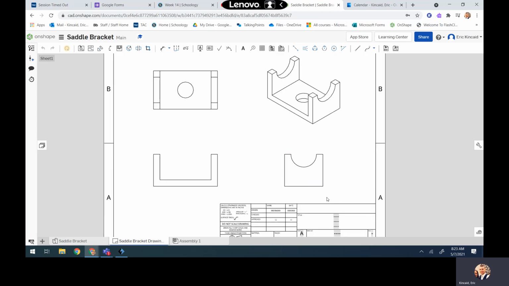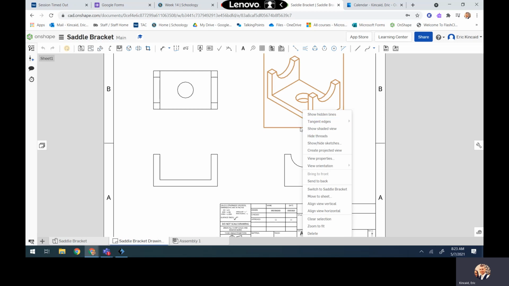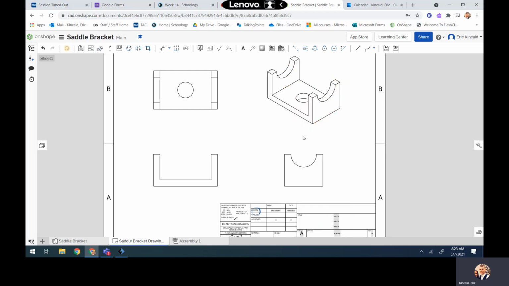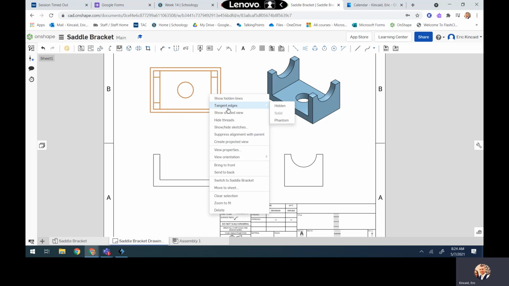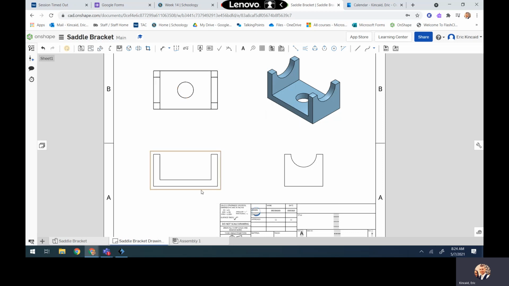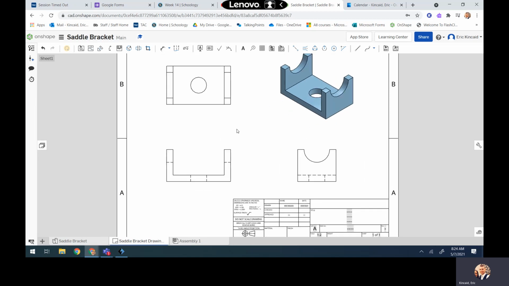So it does place all of your views in here, but you do need to do a couple things before we start dimensioning. Number one, we're going to right click and show shaded view on the isometric. And we're going to show hidden lines on all of our views. So right click, show hidden lines, show hidden lines, show hidden lines. Right? So no hidden lines on the top view because you're looking straight down. And we just want to make sure we have all of our